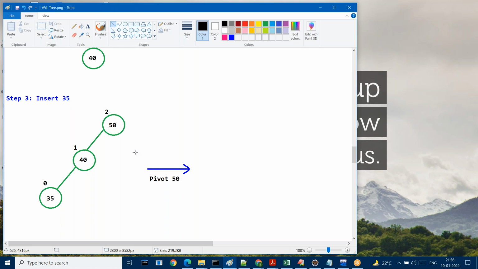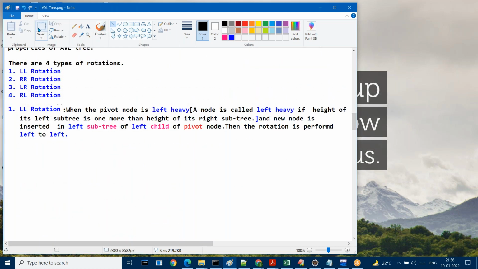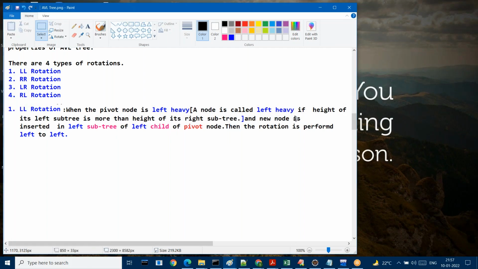A node is called left heavy or right heavy if the height of its left subtree is, better to say, more than the height of its right subtree. That will be more meaningful. Is more than the height of its right subtree. And the new node is inserted in